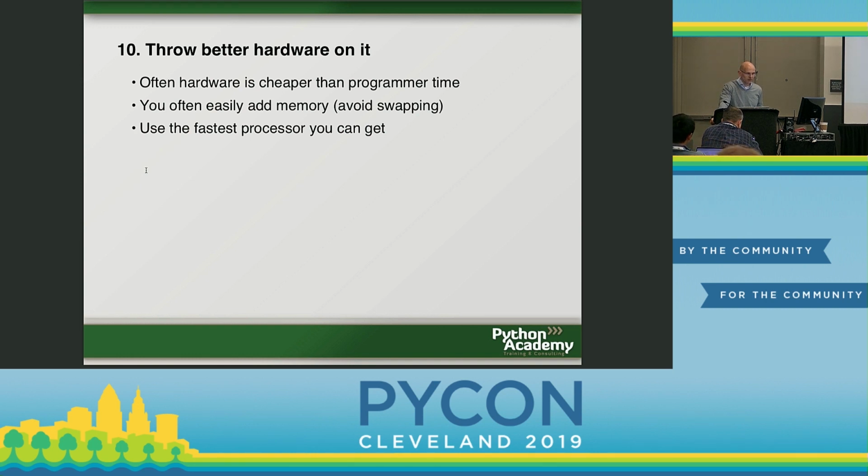it's just the easiest way to throw hardware at the problem. Nowadays hardware is really cheap compared to programmer time, so maybe just put more memory in. Putting more memory in is, most of the time, possible, and pretty cheap comparably. Getting a faster CPU, you can get many CPUs, many cores, but of course then you have to change your program so that it can take advantage of it,